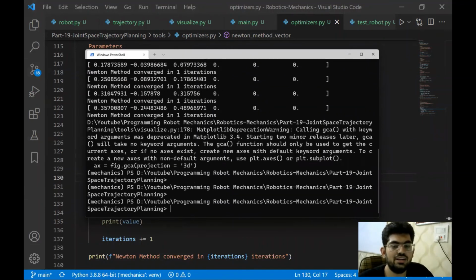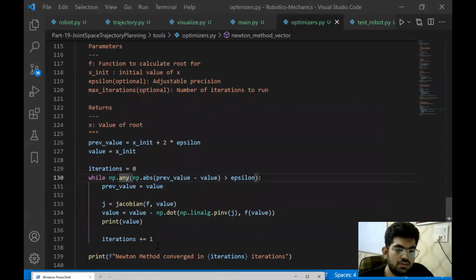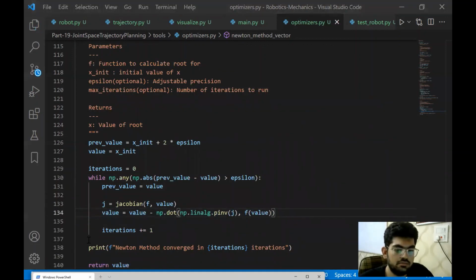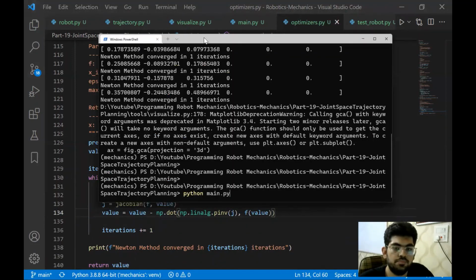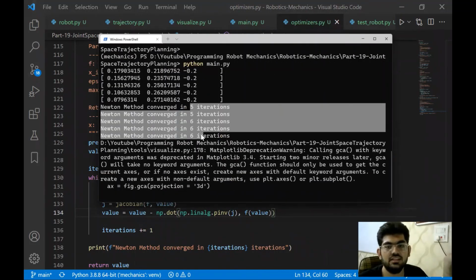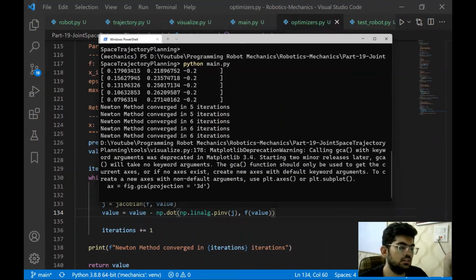Now, it is quite intriguing that we were not able to catch this error in the unit tests as such. So it's just a learning that we need to keep our unit tests updated like this. Since we have identified the error and possibly resolved it as well, let's run the complete loop again. Now we can see the iterations have increased: 5, 5, 6.